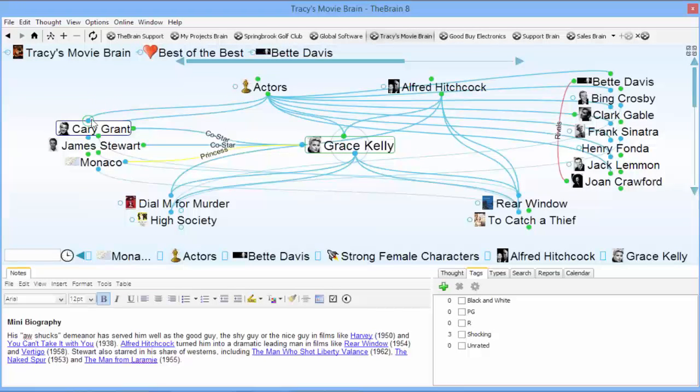So my jump thoughts are more the co-stars. And what I was doing, I wasn't looking to create a jump thought for every single co-star she ever had. I just kind of picked those key ones because, again, this was my own personal little library of movies. So I was sticking with the people I enjoy the most. And so it wasn't about trying to figure out how to archive every single actor that's ever lived and worked with Grace Kelly. It was about finding the ones that I really enjoyed, my top favorites, and I linked them